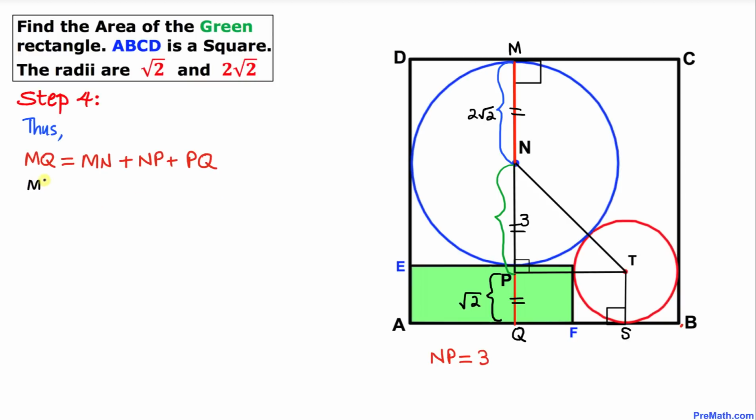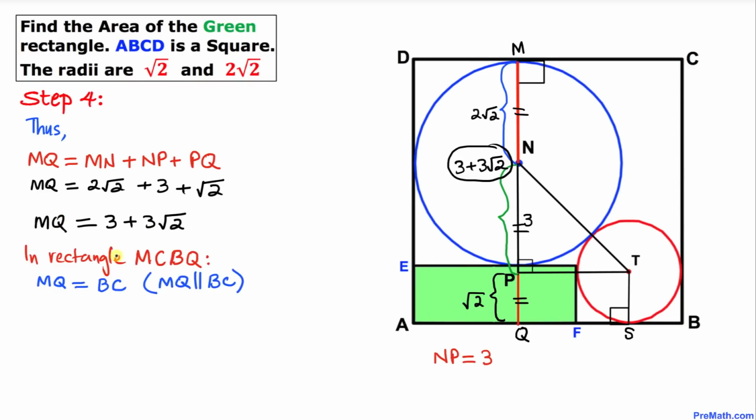So MQ is going to be simply equal to 2 times square root of 2 plus NP is 3 plus PQ is square root of 2. If we combine these, we are going to get 3 plus 3 times square root of 2, which is our MQ. So thus in this rectangle MCBQ, as you can see over here, this side MQ equal